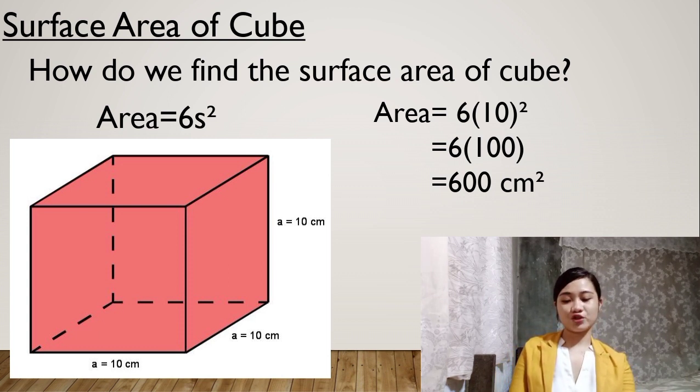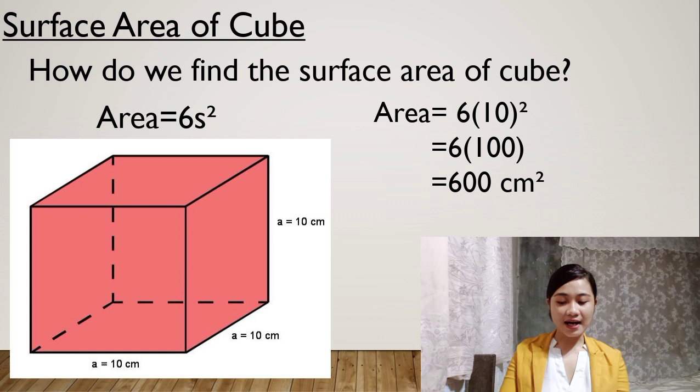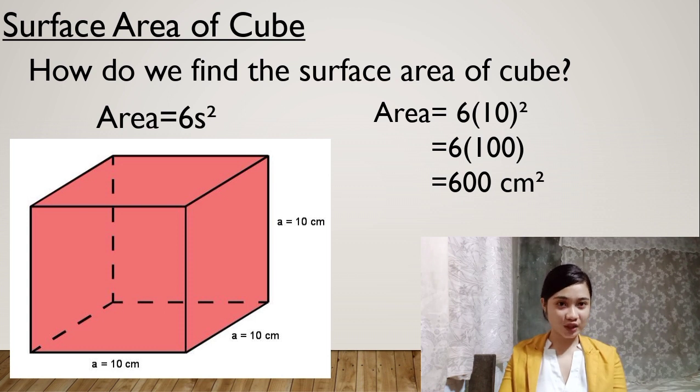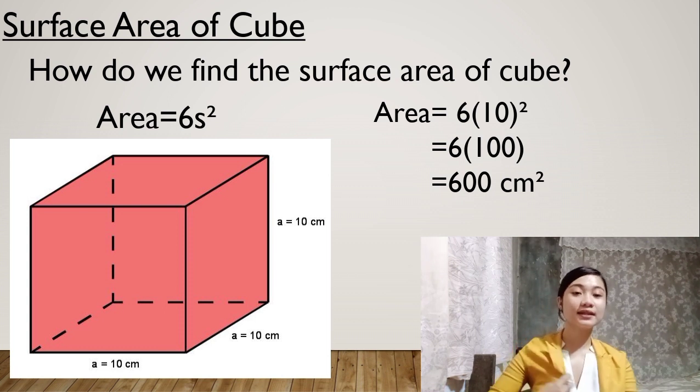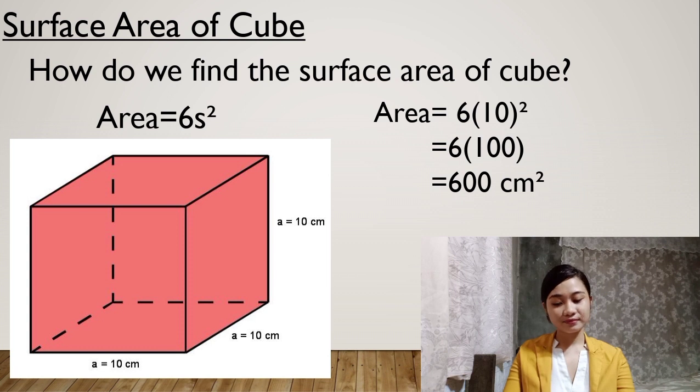So okay, now if your cube has a height of 10 centimeters, width of 10 centimeters, and length of 10 centimeters, so what is the area of the cube? So if we have those values, first we have to substitute. So area is equal to 6, and the side is 10 centimeters. So we are going to write 10 squared. So very basic, is equal to